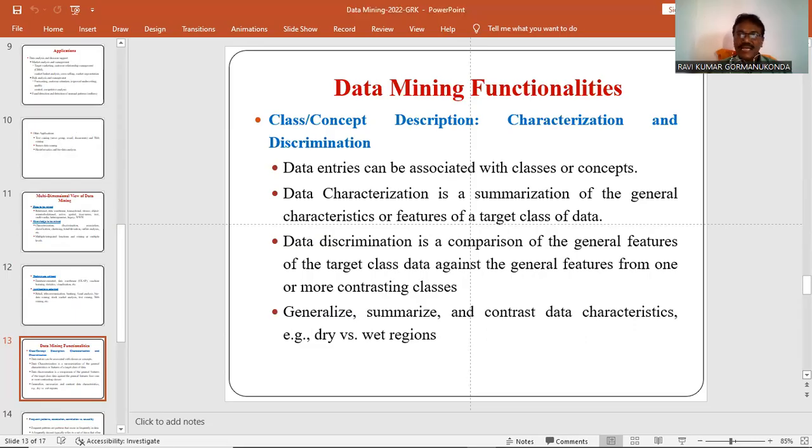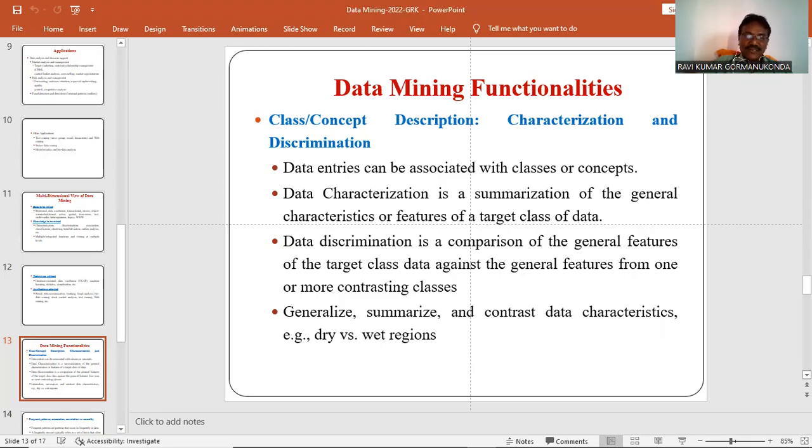Data characterization is a summarization of the general characteristics or features of a target class of data. Data discrimination is a comparison of the general features of the target class data against the general features of one or more contrasting classes.